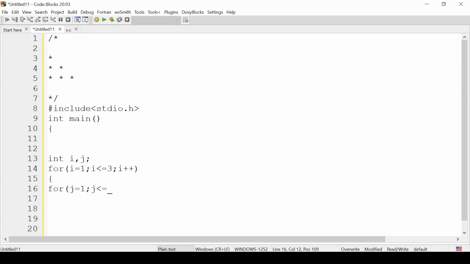So what we have to do? We have to go up to j is less than equals to i. Means if the value of i is 1, it is going to print 1 star. When the value of i is 2, it is going to print 2 stars. When the value of i is 3, it is going to print 3 stars. So we have to give condition that j is less than equals to i, semicolon, j plus plus,